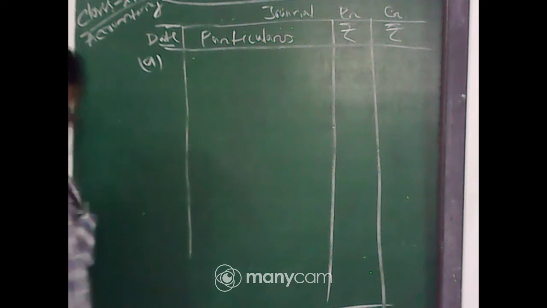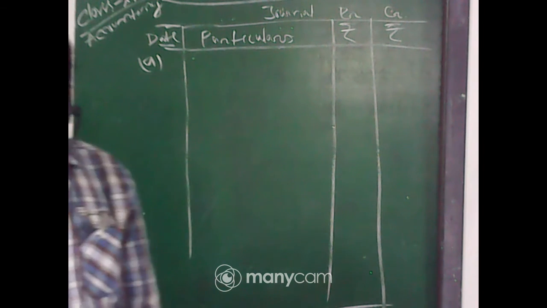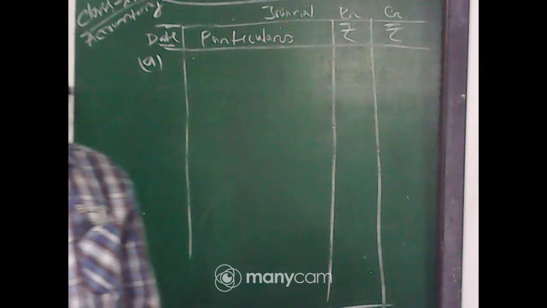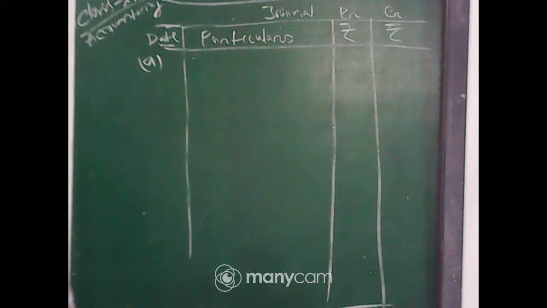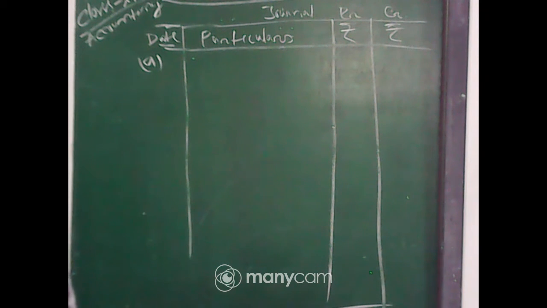Now read the problem, what error they actually made. Cash received from Rajat. What is the right entry? Cash received from Rajat rupees 5,000: Cash account debit to Rajat. It was posted to the debit of Kamal. Actually it was posted in Kamal account instead of Rajat. Rajat should be credited, but actually they debited Kamal as rupees 6,000. Okay.